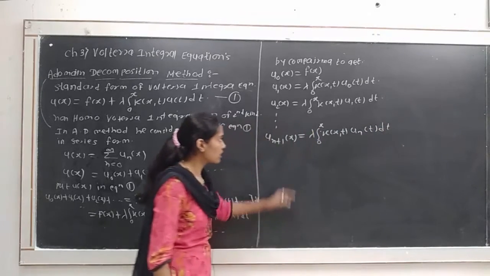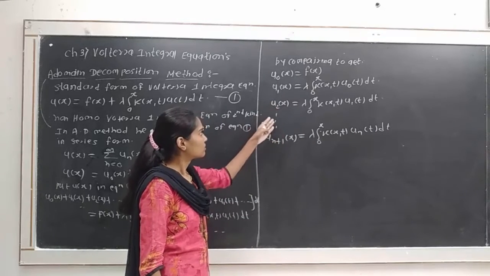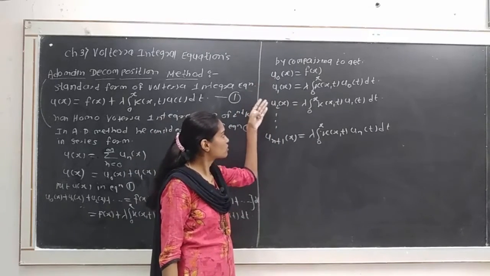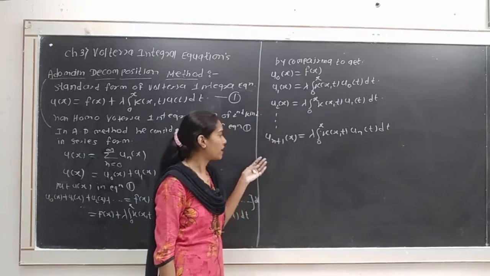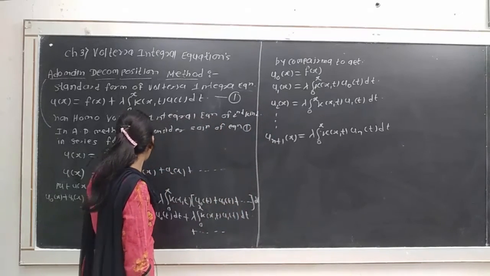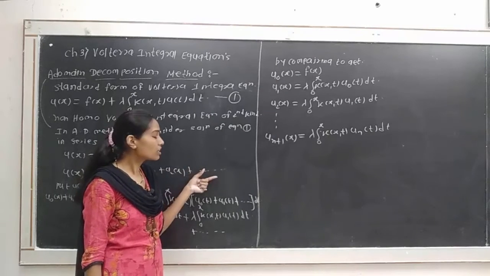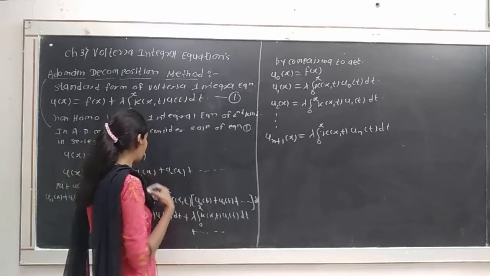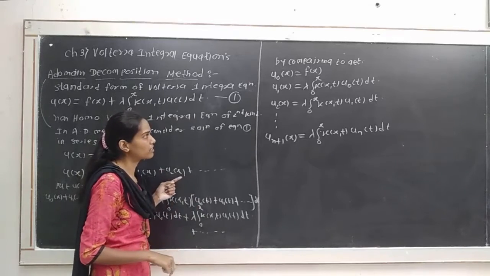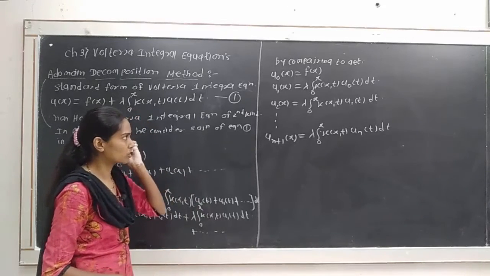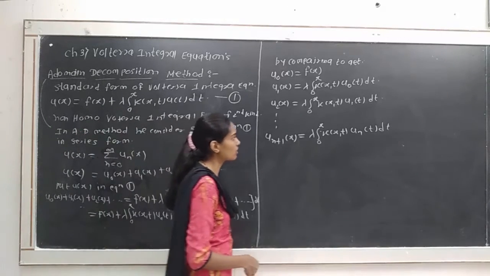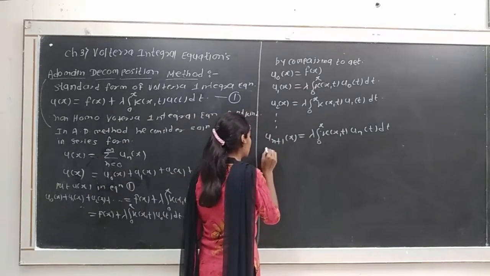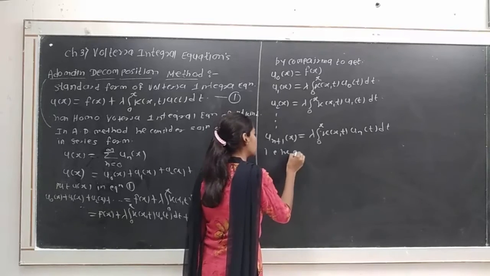Okay, so using that we can find the values of all these components u0x, u1x, u2x and so on, and by taking their addition we get some Taylor expansion or infinite geometric series, and using that Taylor expansion or infinite geometric series we get the solution. This is the Adomian decomposition method. Okay, so from that we get the recursive relation,